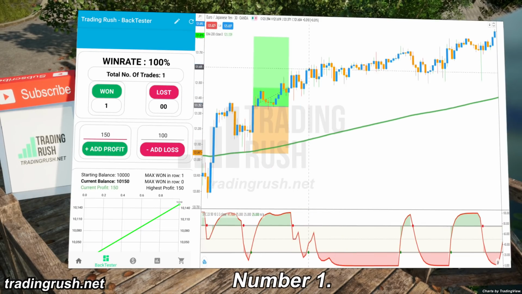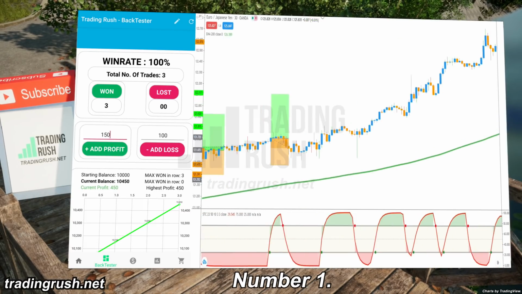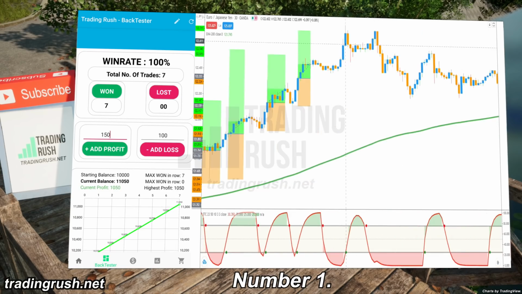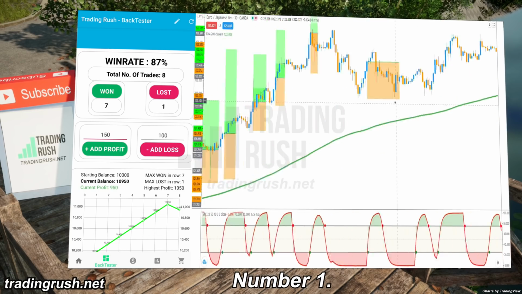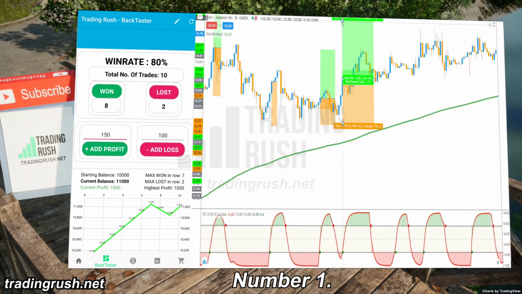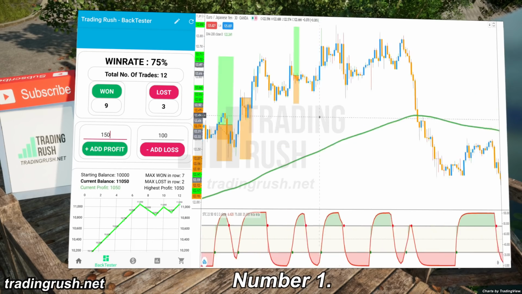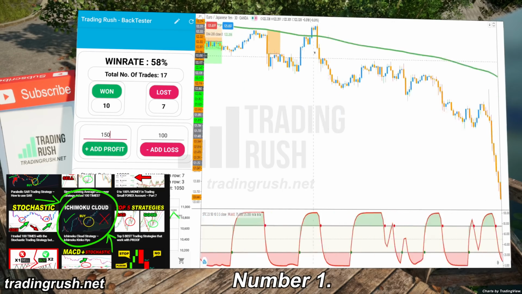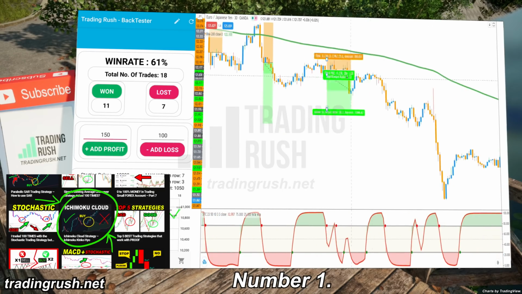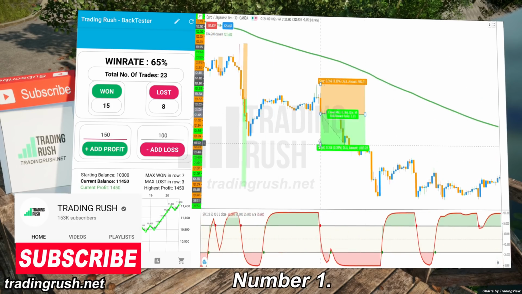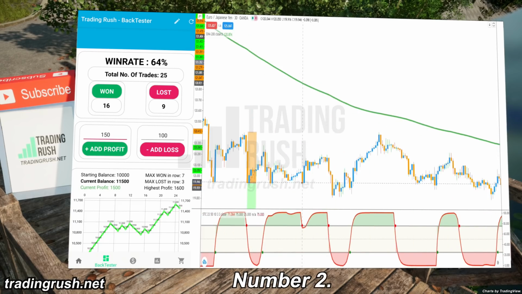Number 1. There is one thing I really liked about this indicator while testing: how simple and easy to use it was. Finding entry signals on the Schaff Trend Cycle is so easy that even your dog can make money with it. This is one of the best indicators for beginner traders, because the indicator is not a mess like the fractal indicator or scary like the Ichimoku indicator. The Ichimoku indicator is actually very useful if you know how to use it. You can watch the Ichimoku trading strategy video to learn more about it, and to see how it gave a good win rate.